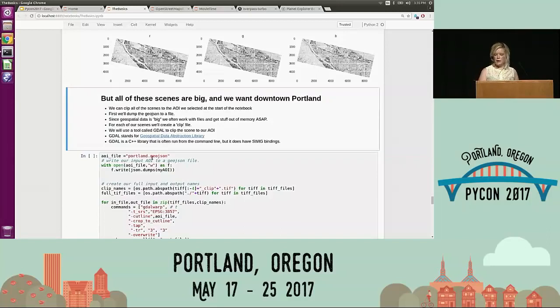So what I've done here is I'll take my AOI and dump it to a GeoJSON file. And I'm going to use a tool called GDAL, the Geospatial Data Abstraction Library. It's a C++ library that runs pretty well on Linux. You can either use it as a command line tool or you can use Python bindings. I'm going to use the command line for a lot of this, but you can just as easily use the